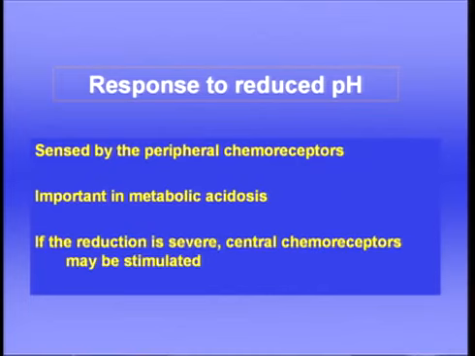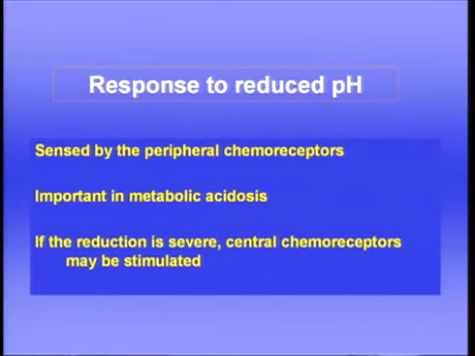Well, these are not so important under normal conditions, but a reduced pH is sensed by the peripheral chemoreceptors, as I mentioned, probably particularly the carotid chemoreceptors. Of course, when the PCO2 rises, there is normally a fall in pH, and this is part of the stimulus to the peripheral chemoreceptor, and actually often it's quite difficult to sort out whether it is the PCO2 or the reduced pH